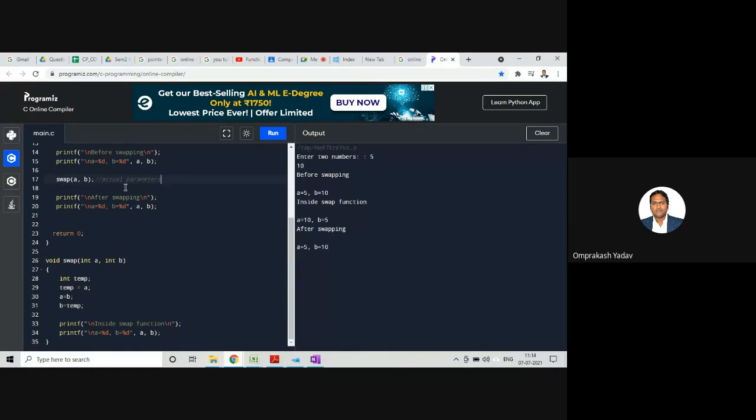So remember this concept, this is very important, and that's the reason the swapping is not taking place in the main function. Clear? Whatever changes are done, they are done on the duplicate copies, that is on the xerox, on the formal parameters, which will not reflect on the actual parameters. Is this concept clear to all of you?